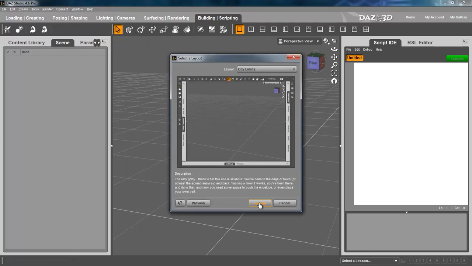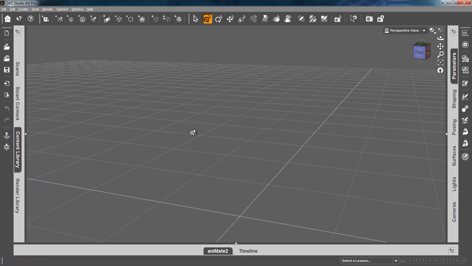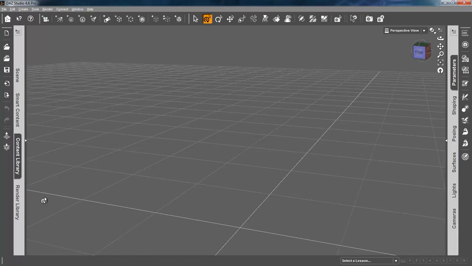So that was self-serve. This is city limits. I tend to like city limits a little bit more because I've got tabs along all of them. And again, you can customize it. If you don't want the animate tool and the timeline, you can come down here to this little arrow with the 3 bars, and you can close the pane and do the same again for the timeline. So then you have this bigger scene with 2 panes on the side,